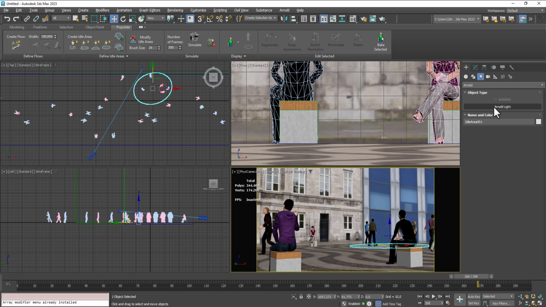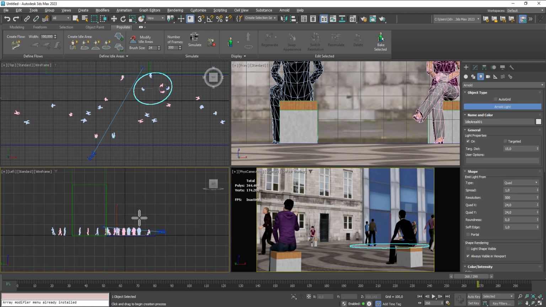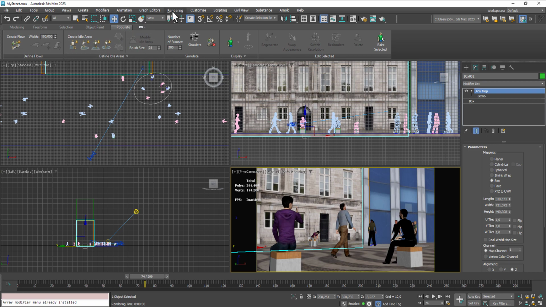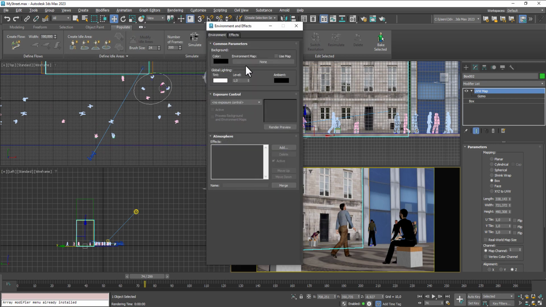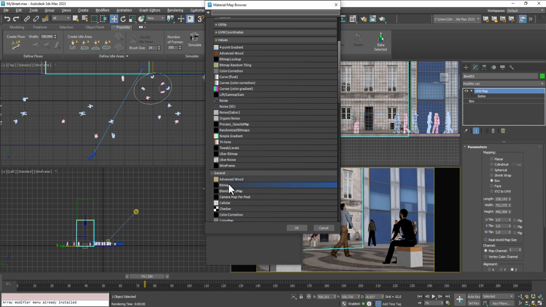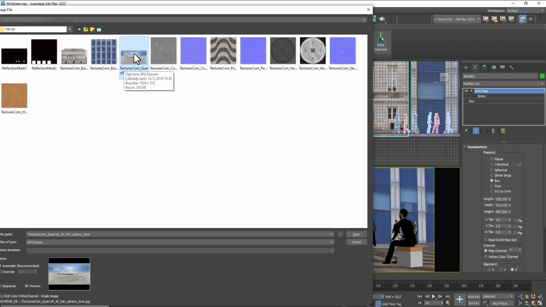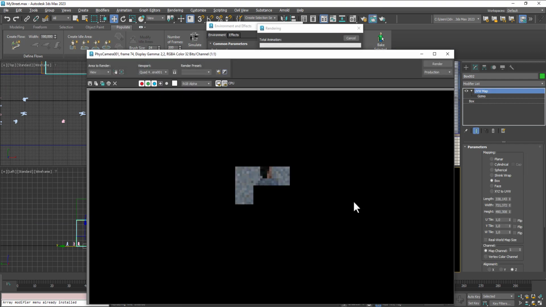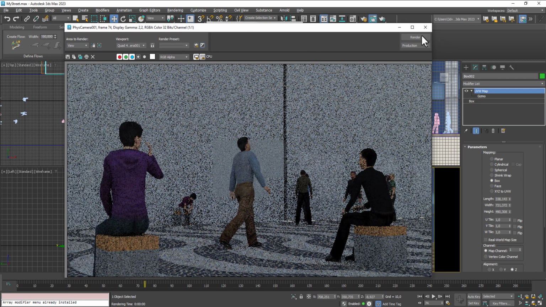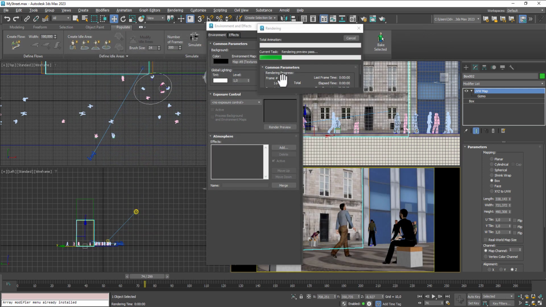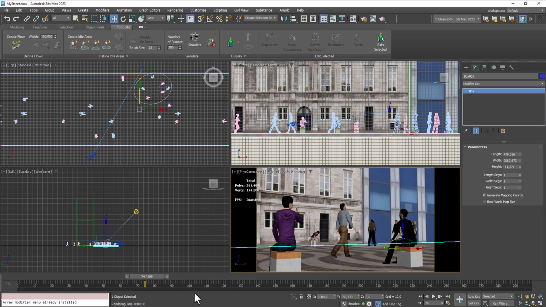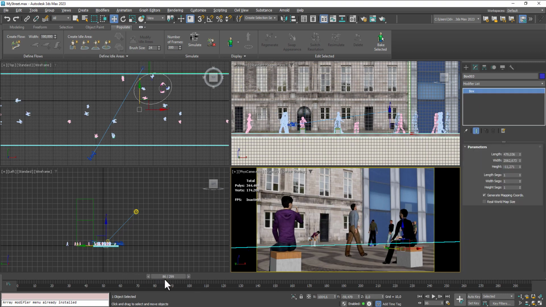Arnold light, and we can add HDR for background environment, and bitmap again, and select this, and we can check control, yes, we can check Shift Q,